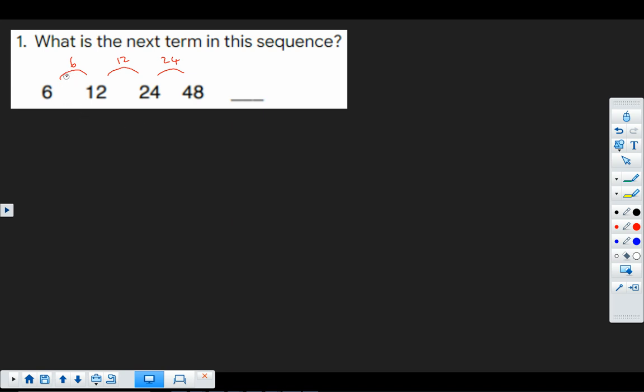What's quite interesting is that the gap is the previous number. So we go from 6, we add 6, 12, we add 12. Now, adding the same number, this is doubling, isn't it? So actually, between each term, we double. So there we have it, what we need to do is double 48, and double 48 is 96. The nugget to go and practice on Century